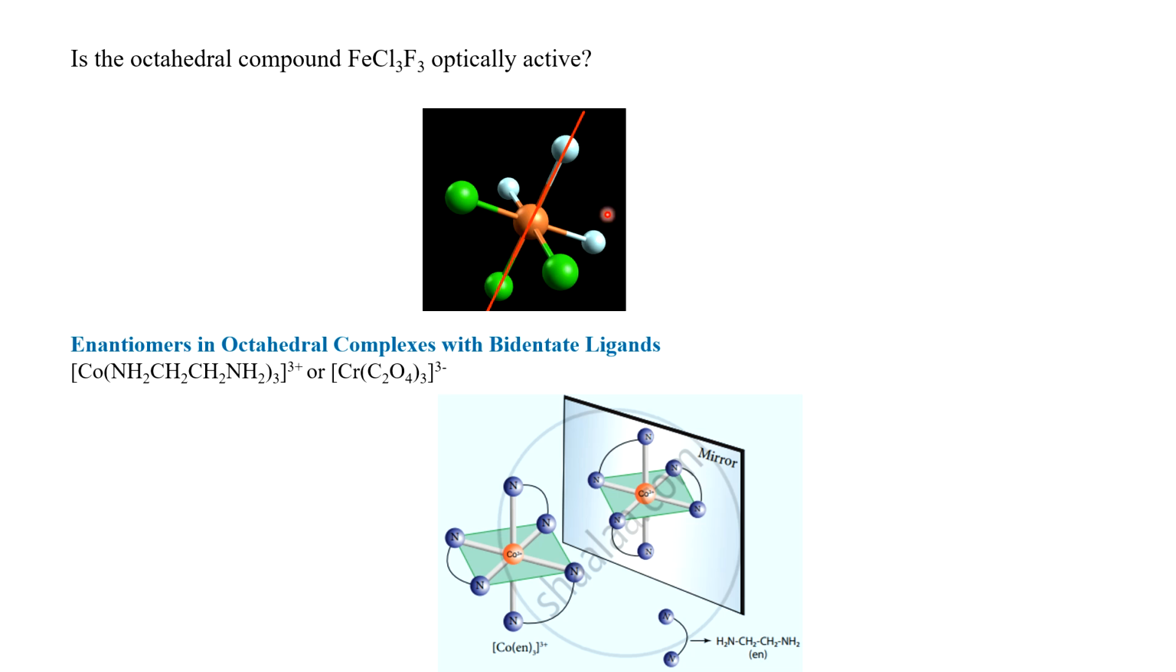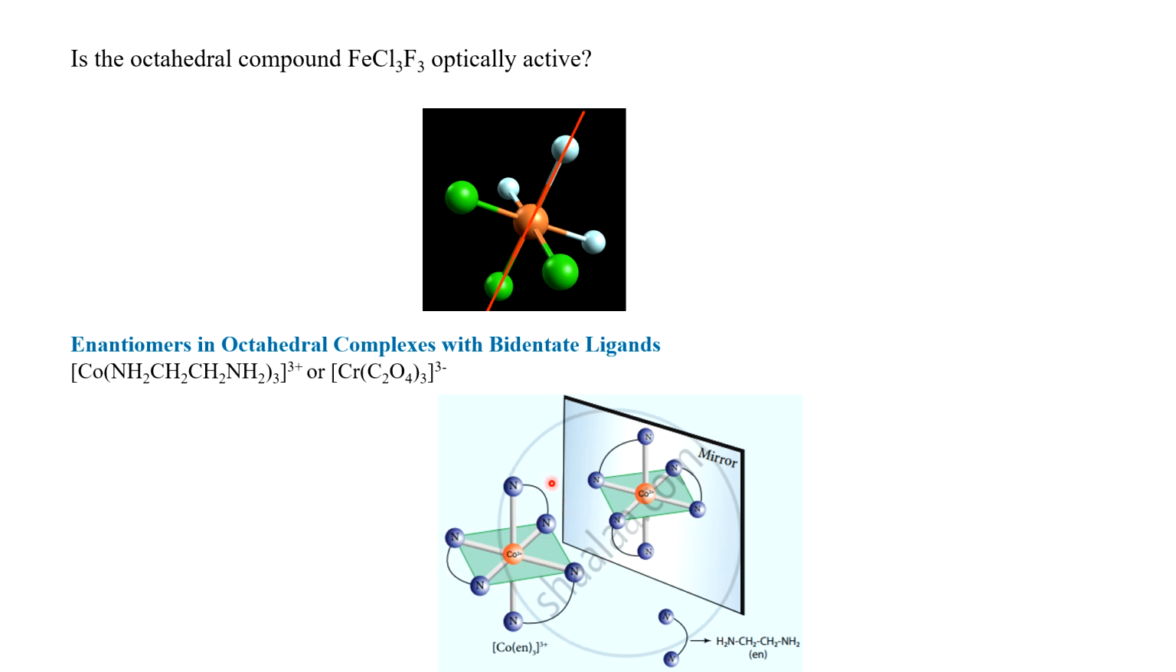Okay, so in this complex MCl3F3, this is actually the plane of symmetry. It is going through this compound. This is a facial isomer. If a plane of symmetry is going through it, that means it is optically inactive. Now some compounds are given here where bidentate ligands are coordinated with the metal center,